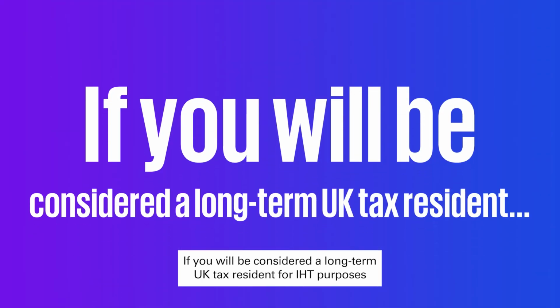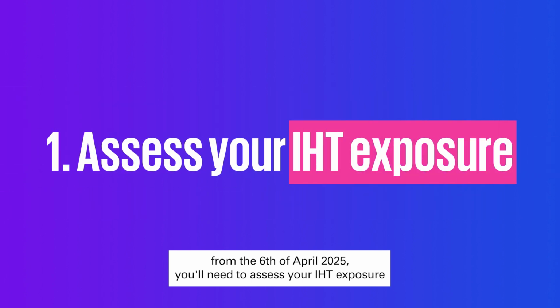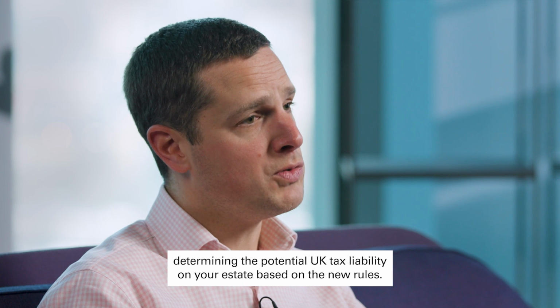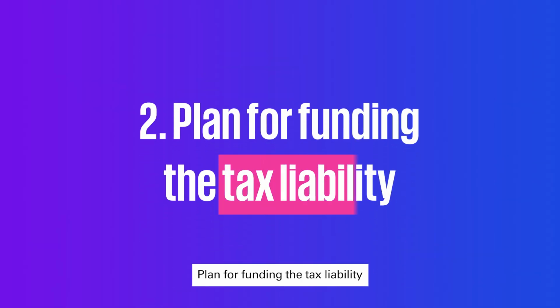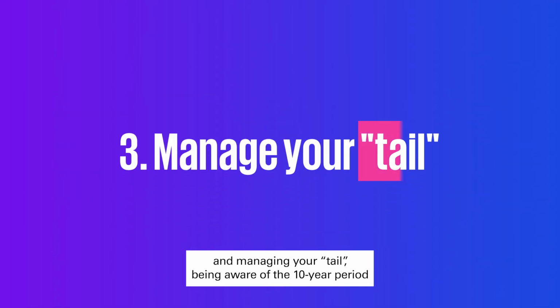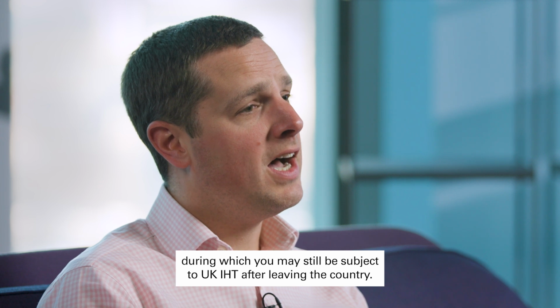If you will be considered long-term UK tax resident for IHT purposes from the 6th of April 25, you'll need to assess your IHT exposure, determining the potential UK tax liability on your estate based on the new rules. Plan for funding of the tax liability, considering various options such as life insurance, asset restructure or gifting, and managing your tail, being aware of the 10-year period during which you may still be subject to IHT after leaving the